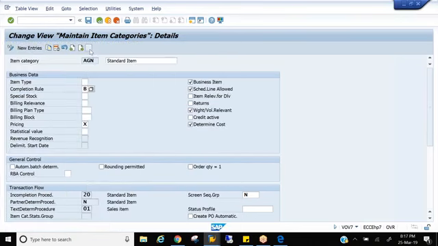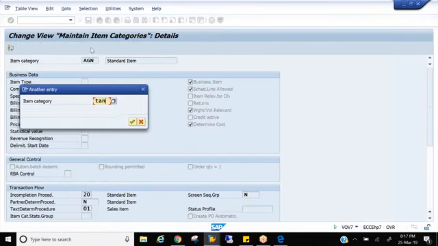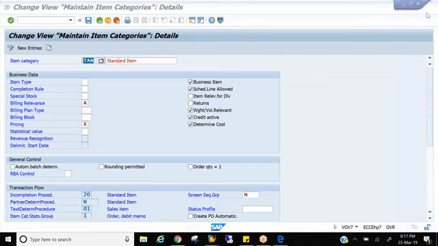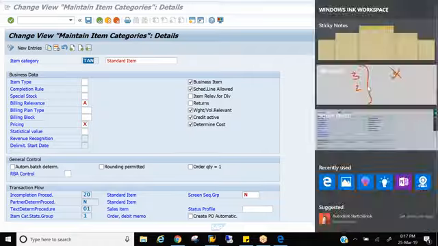But if I go for TAN, standard item, it is blank. Why is it blank? In interviews they also ask this question: why is the completion rule not applicable for TAN? Because with reference to inquiry, I create a quotation. With reference to quotation, I create a sales order.